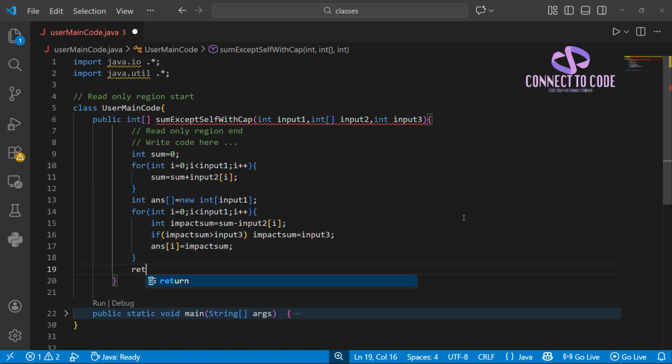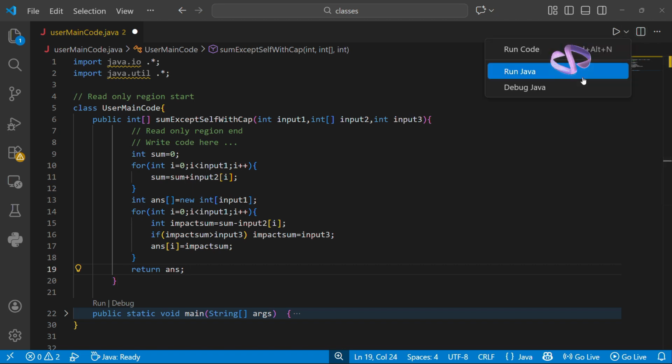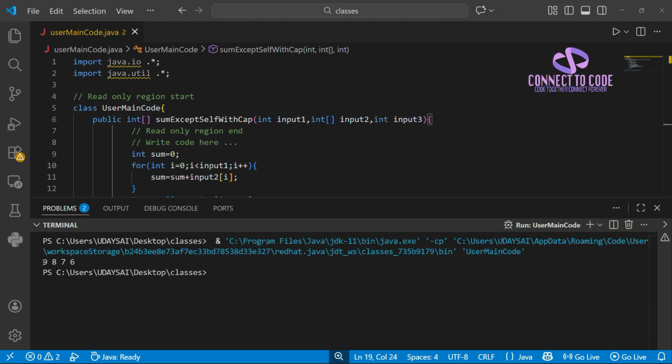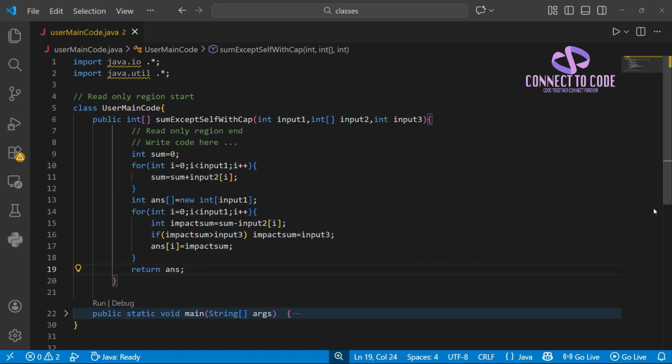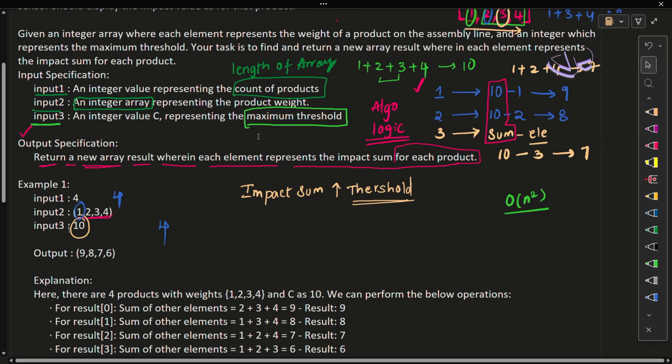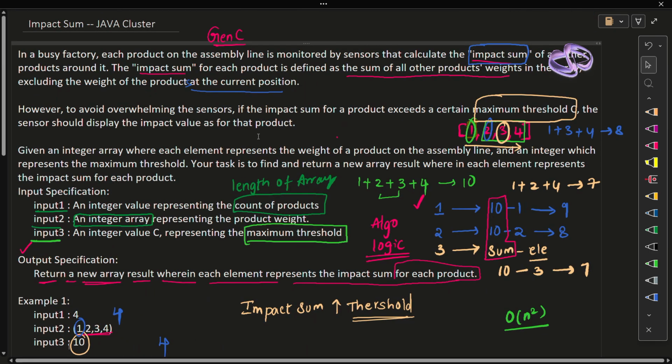After that we need to return the answer array. Okay, this is our code, guys. I will execute the code. See once. So what we got? We got 9876. This is the optimized code to solve this impact sum problem